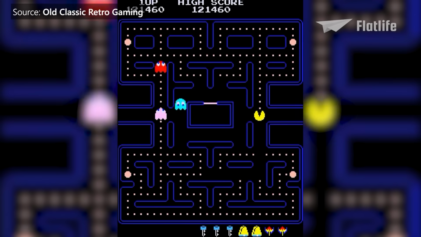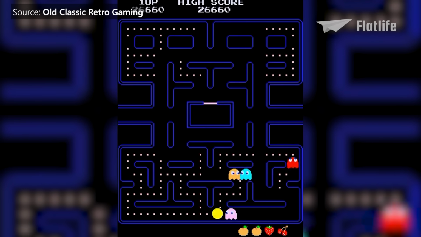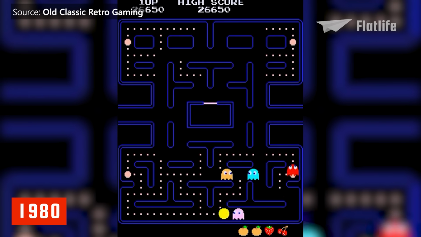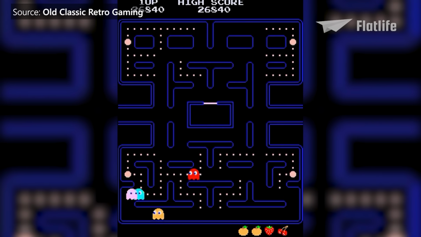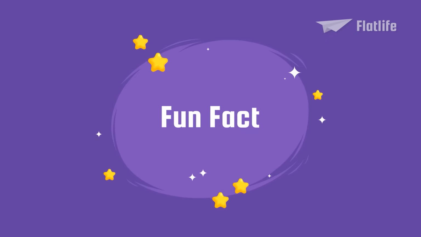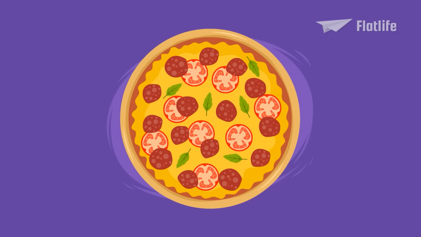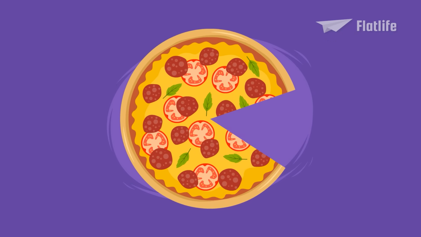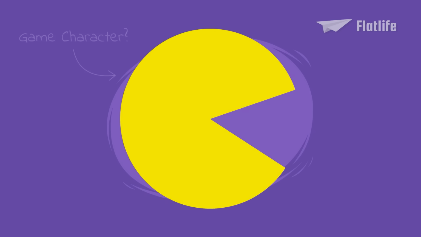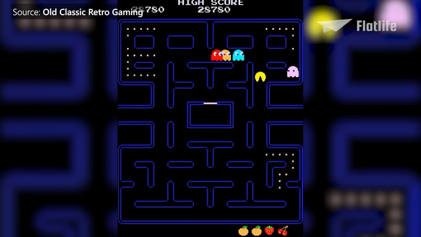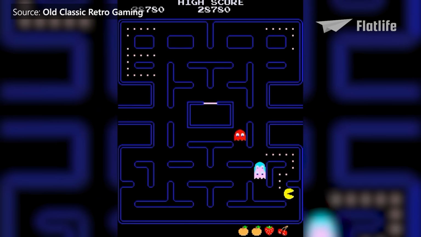At the end of the golden age of arcade games, colored graphics had become the norm in almost every video game. Games like the popular 1980 Pac-Man would not have been the same without these important, colorful graphics. Fun fact: Japanese video game designer Toru Iwatani wanted to invent a game that would revolutionize the video game market. While out with friends, he ordered a pizza. Due to the lack of appetite, he only cut off a slice. Suddenly, the designer thought of the pizza as a game character. In his imagination, it looked like a creature that needed to eat. And that is how Pac-Man was born.